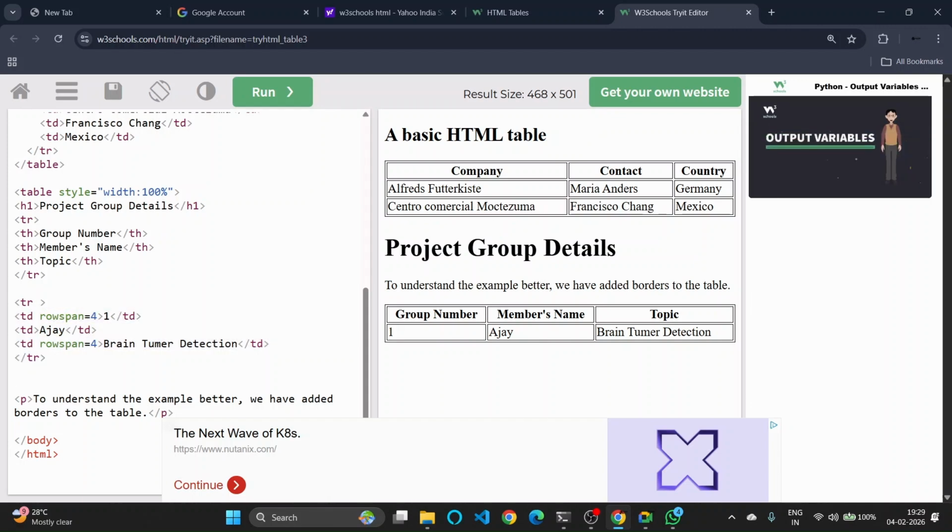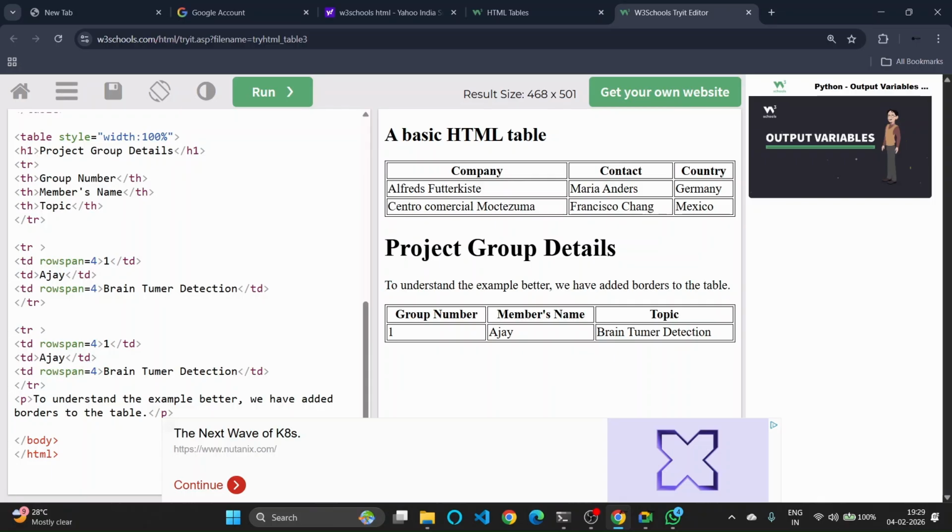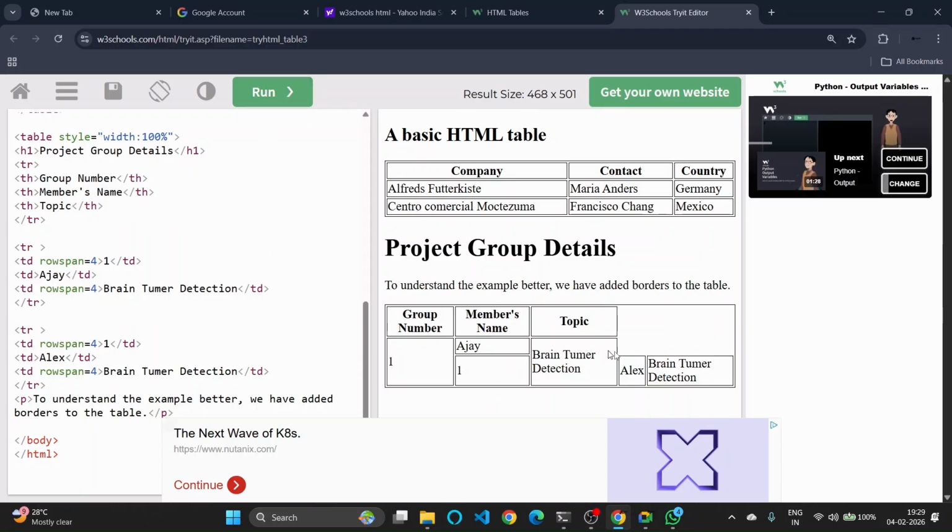Let me create the next row with Alex, with the same topic only. In this case, what happened? Something unstructured happens. I don't know, so I will just remove this and run that again. The same thing is happening. If I remove the row also, then